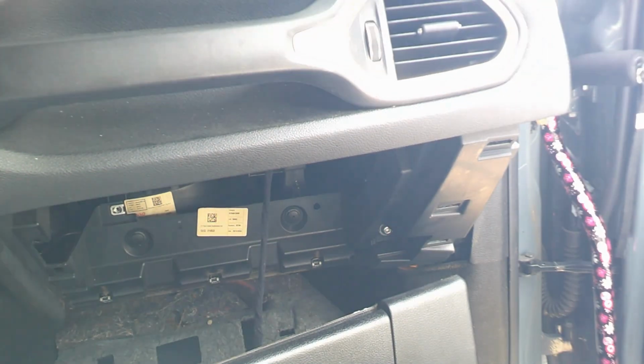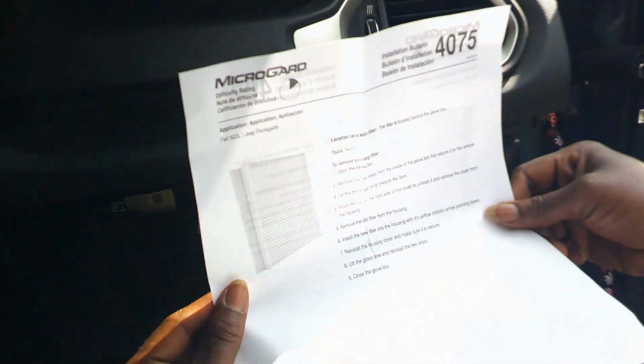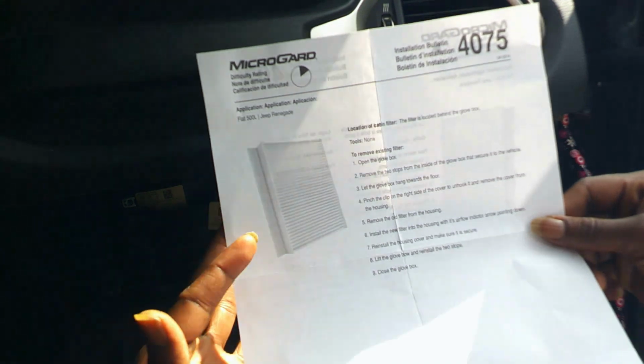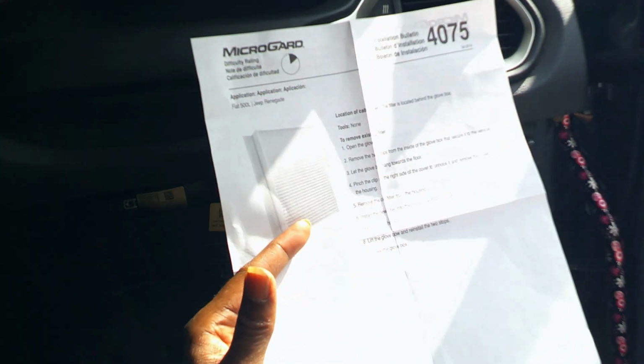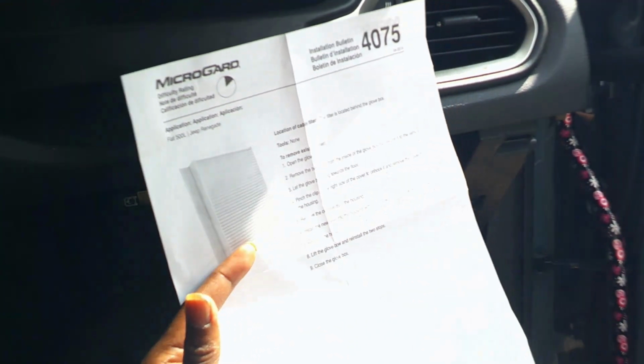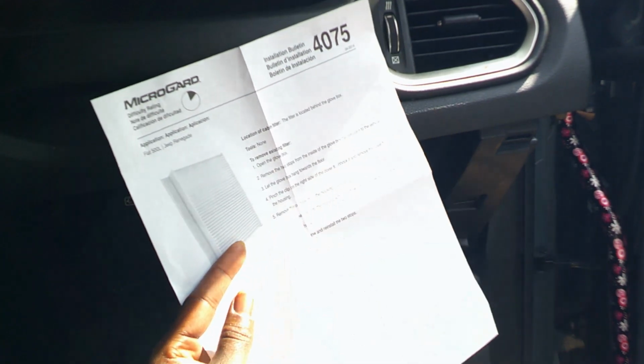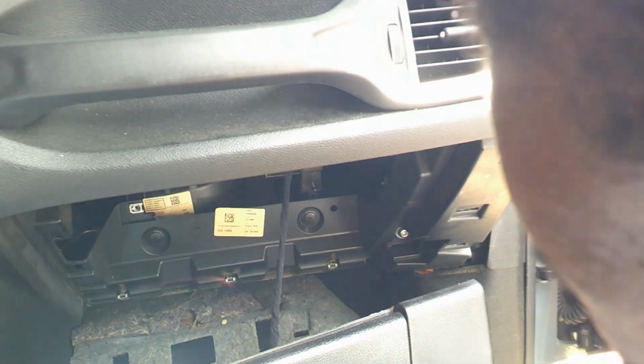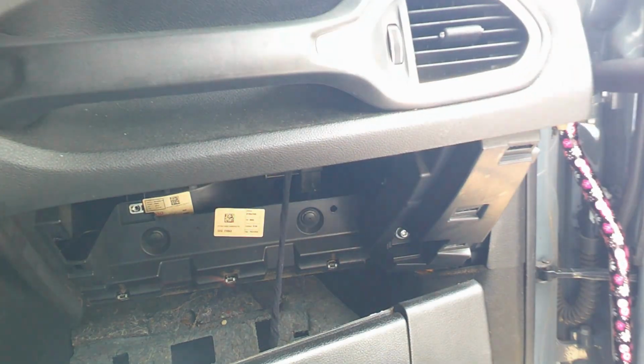And the paper is stuck. So of course, you're going to insert the filter into the housing with the airflow indicator arrow pointing down. Reinstall the housing cover. Put the glove box back together. Close it. You're done. All right. So now that all that fun's over with, let's